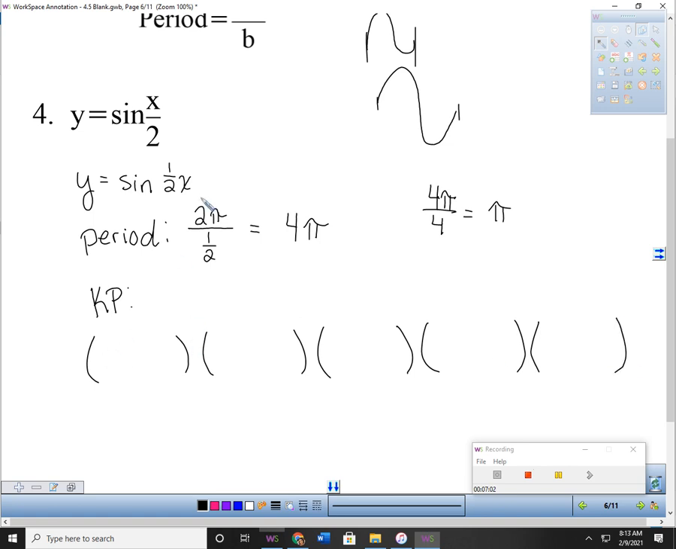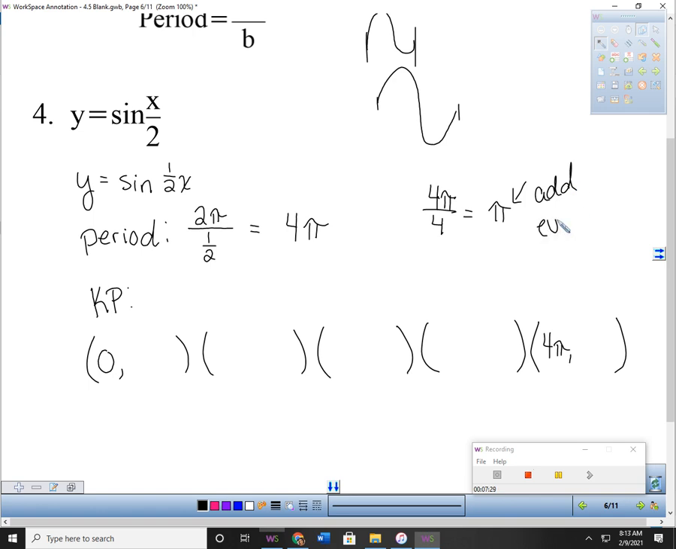I didn't shift left or right, so I'm going to stay at 0. That's my starting point. And my ending point should be 4 pi, because if I start at 0 and it's 4 pi long, I should end at 4 pi. So what you're going to do is, where we took this 4 pi and divided it into 4 equal pieces, this is what I'm going to add